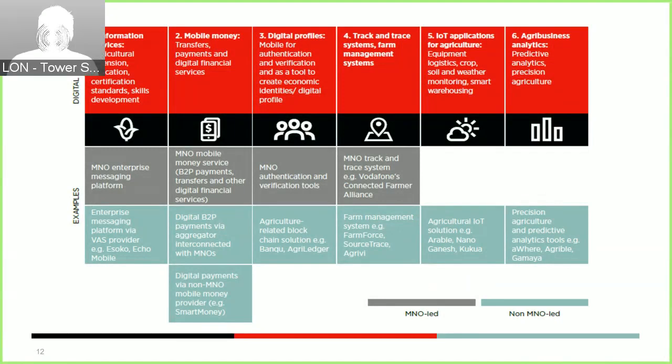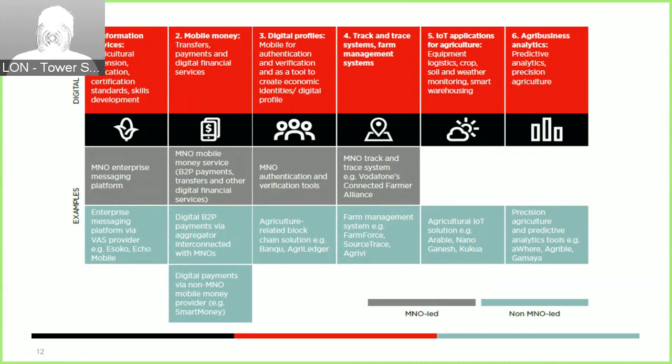We are seeing the emergence of a range of third-party providers with agricultural applications in the IoT space. For example, as shown in this table, Nano Ganesh has for some time offered connected water pumps, which can be activated by SMS. We have startups such as Agreeable that are emerging in the field of low-cost agricultural sensors, enabling weather and agricultural monitoring. When it comes to weather monitoring, there are now a range of providers of low-cost, connected weather stations. For example, Kukua in Africa, and there are many more.